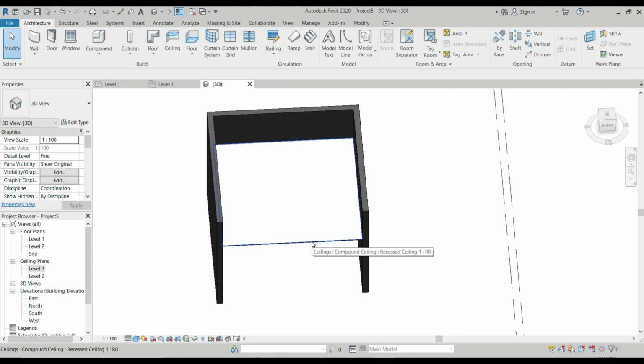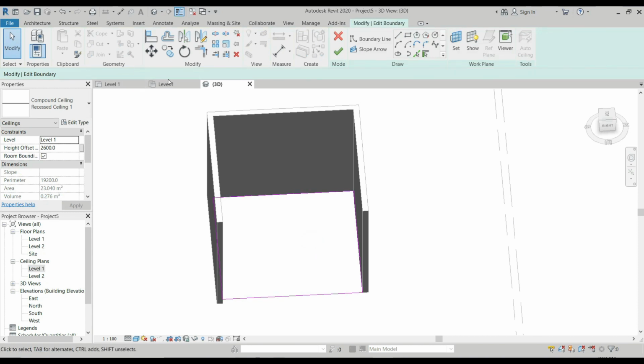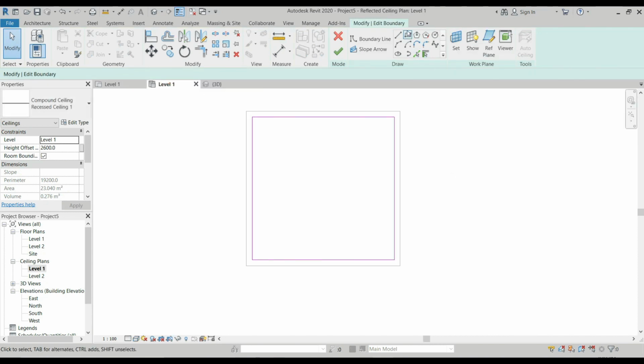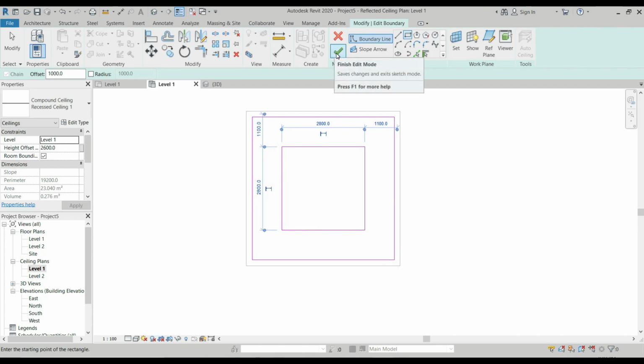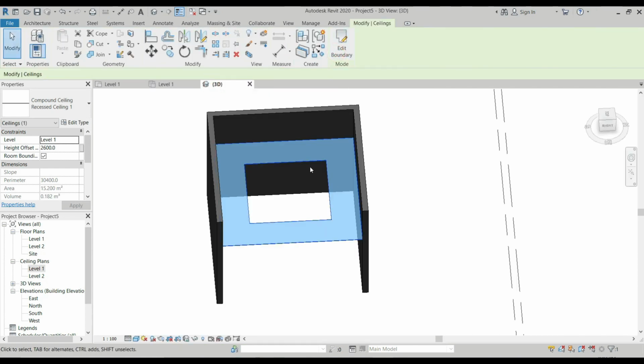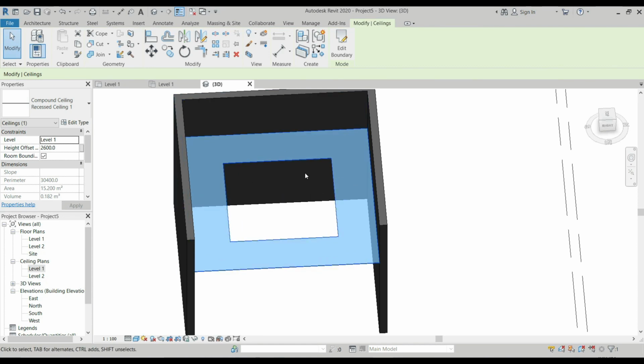So to do that, double click the ceiling to edit the boundaries. Then let's go back to level 1 ceiling plan. Then let's use the rectangle tool, then make an offset of, for example, 1 meter. Depends on you if you want to have a ceiling here that is 600 in depth. So for example, 1 meter. Then click this one. To flip the offset, just press space bar. There. Then click finish edit mode. Then if we go back to our 3D, you can see here that we have an opening or a hole